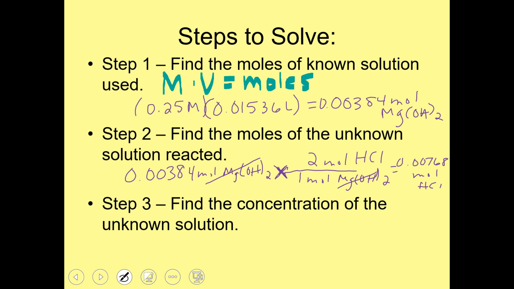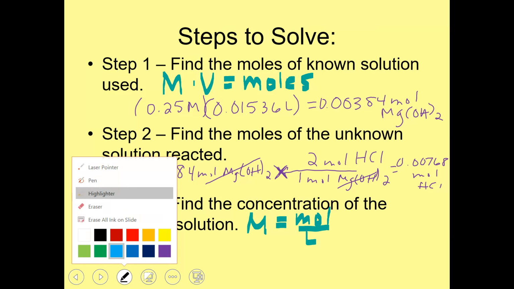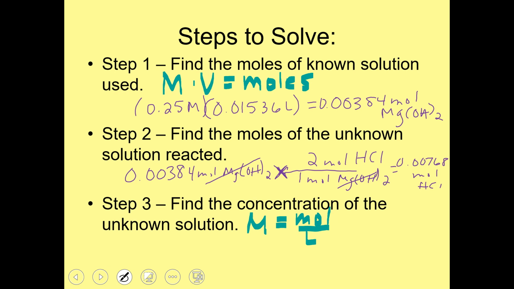Once we know the moles of the acid, we are then back to doing another molarity problem. Molarity is equal to the moles over the liters. So we can then do another molarity problem to find the concentration of the acid. We have calculated how many moles of HCl were in our solution. And we measured at the very beginning 2.5 milliliters, which,